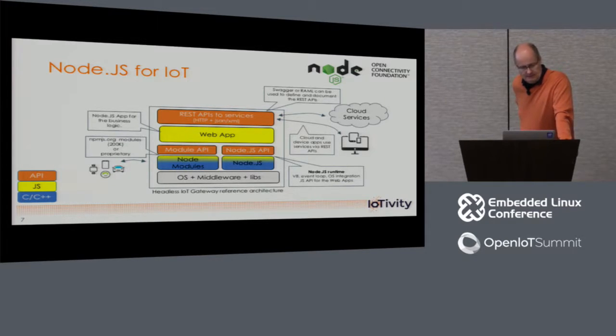Then on the left-hand side, you have the Node modules. These are the NPM packages which extend Node. You can write those either in pure C or C++ or with a mix of JavaScript and C++. Node itself has a core API which contains about 20 API categories like HTTP and security and networking and things like that. Once you bring in your own modules or these NPM modules, they all have some sort of an API,